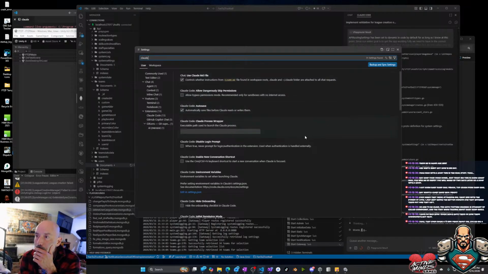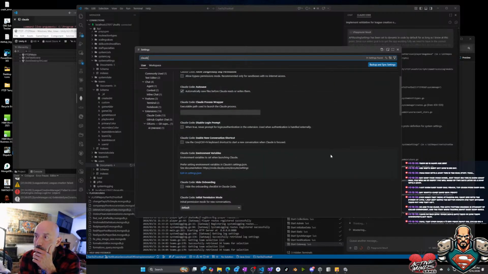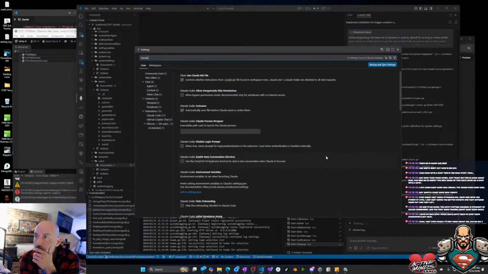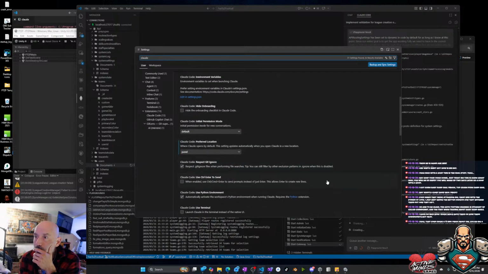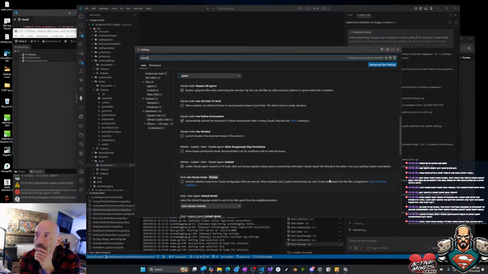Disable login prompt. Enable new conversation. Hide onboarding. Preferred location, use Ctrl+Enter to send, use terminal.